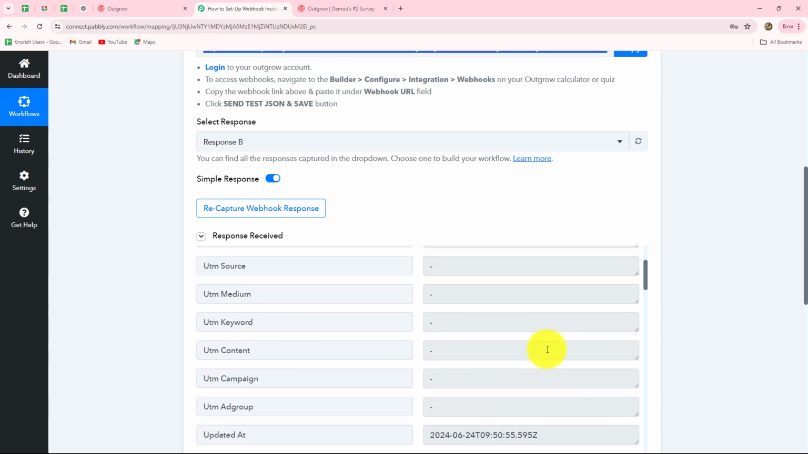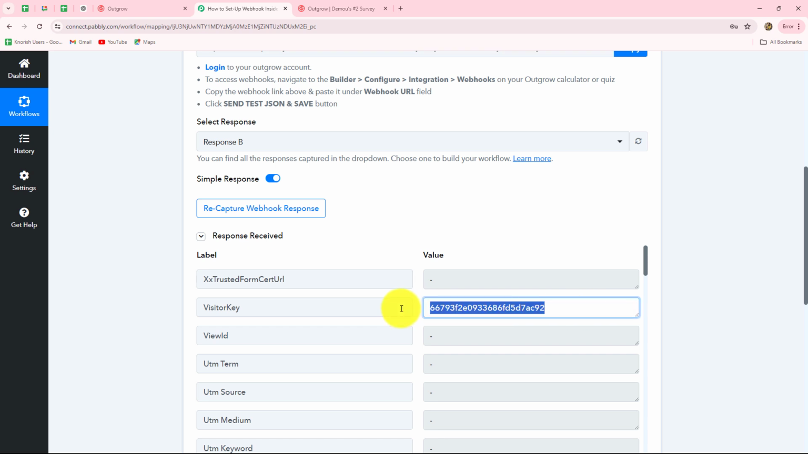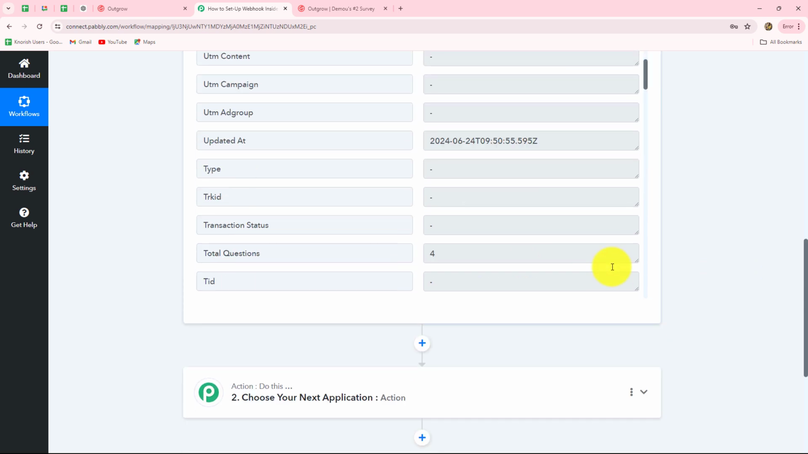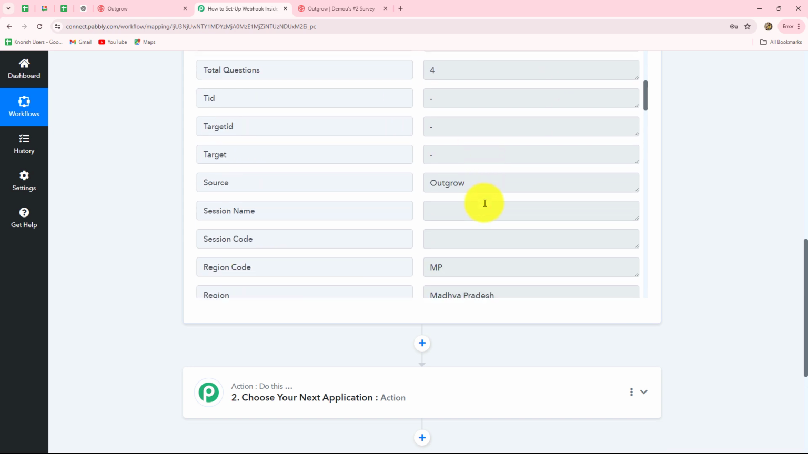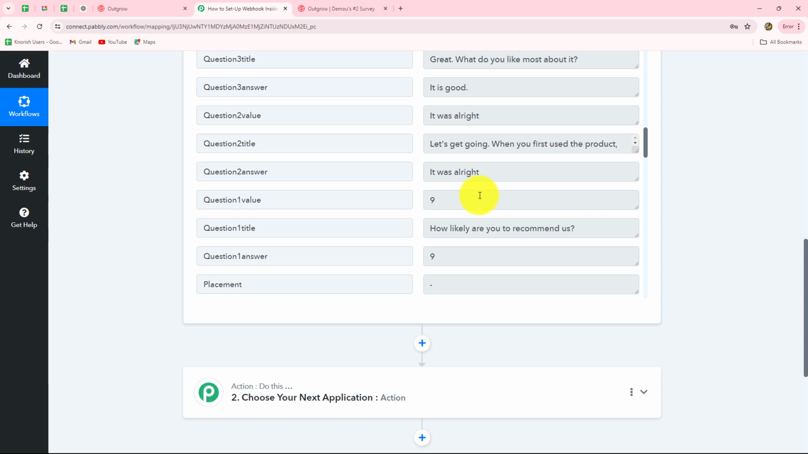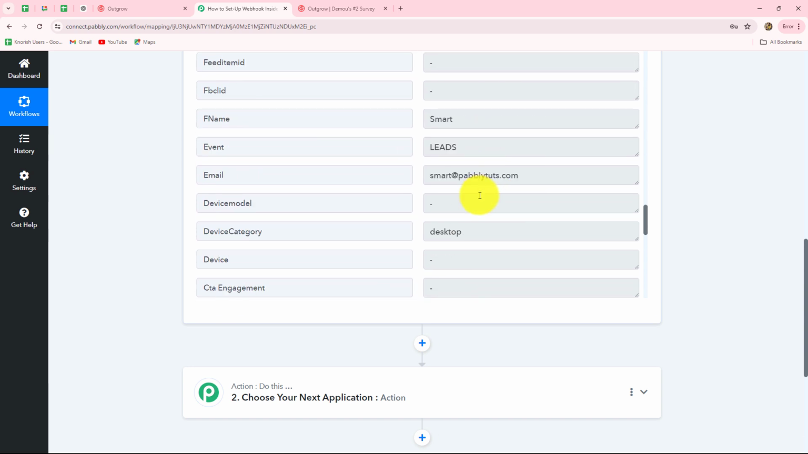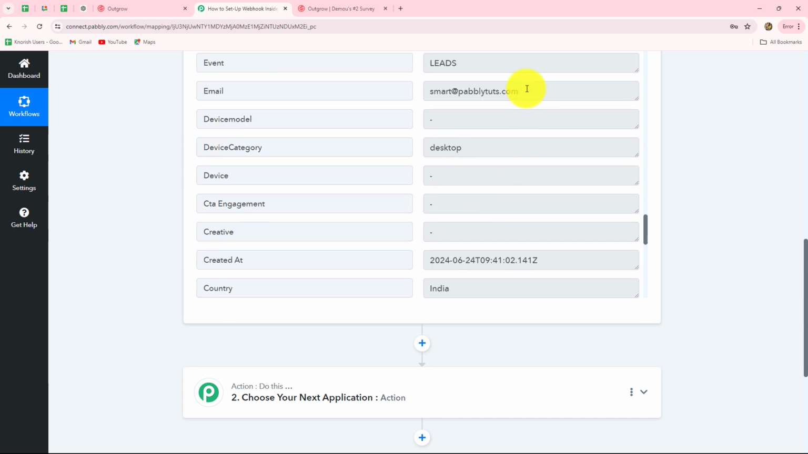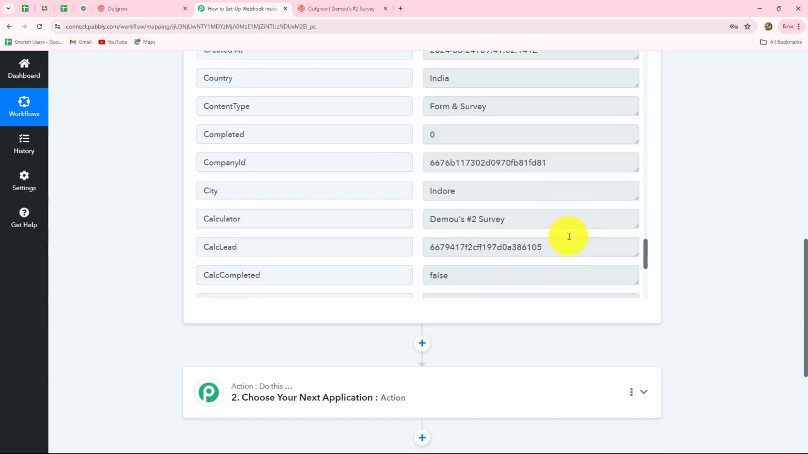In this response, we have received all the details. This is the visitor key, that means the ID of the visitor who has submitted the form. This is the date and time at which the form is submitted. Here's the region. All right, the answers of the questions which we have given, and here are the details of the lead. So this is the full name and this is the email address. So this means that our connection is absolutely successful,